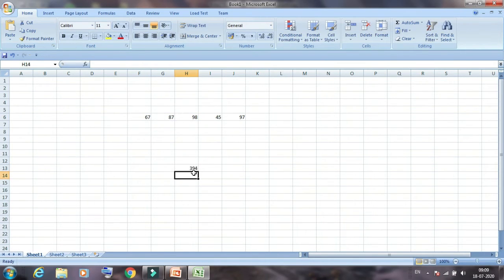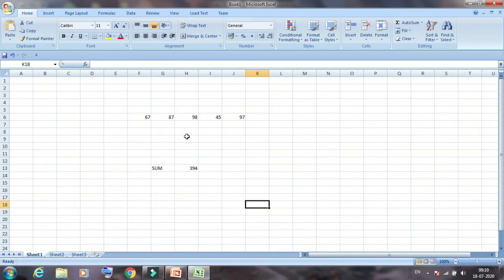This is the grand total of these values. Understand? This is the easiest method to calculate all these types of values.